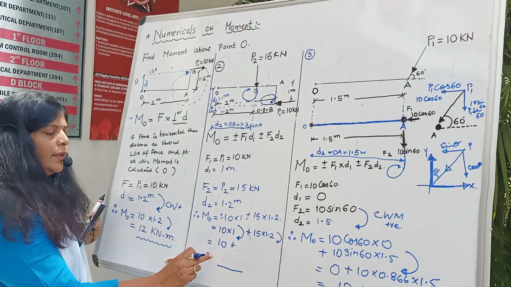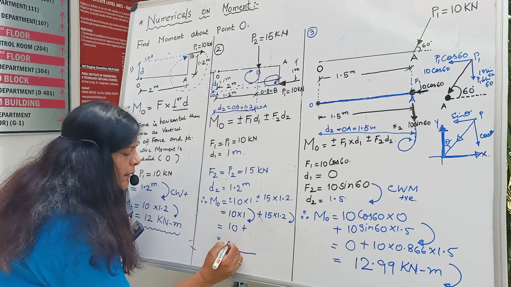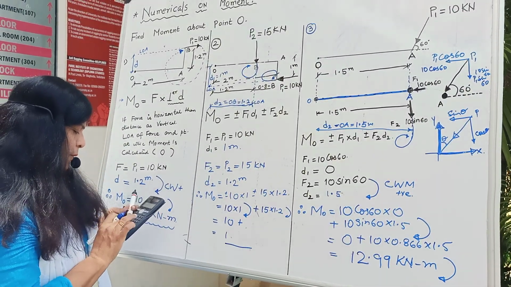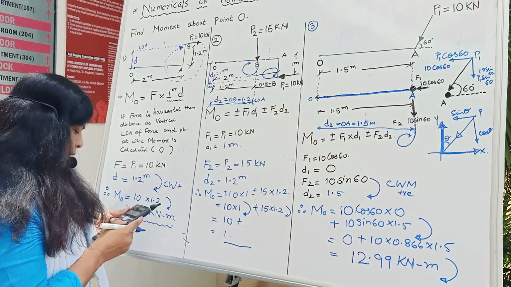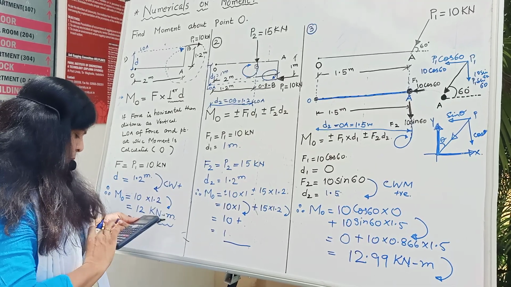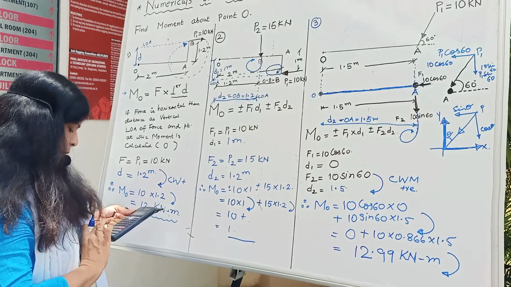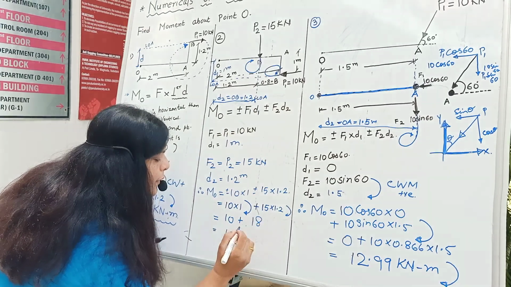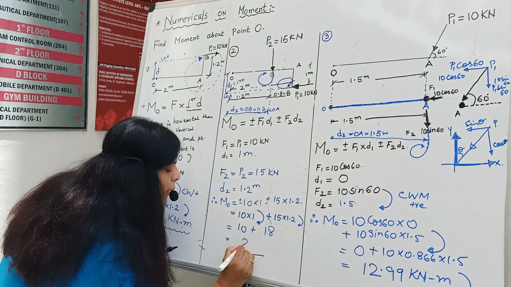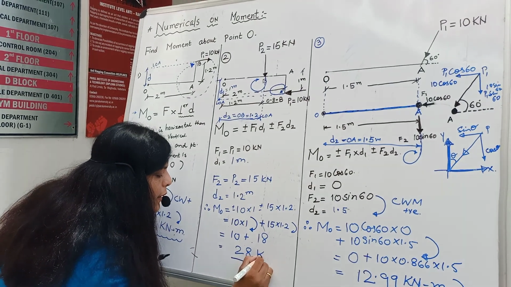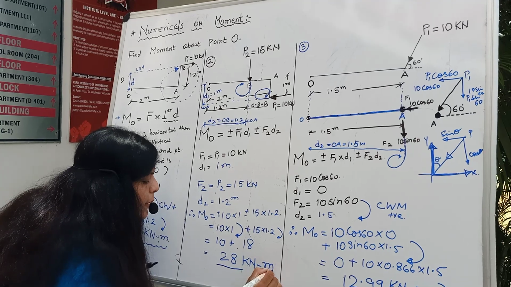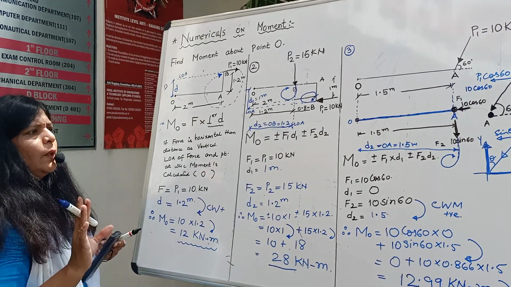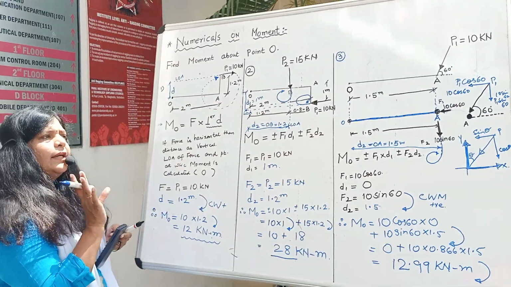Okay? In this case, it is 10 plus, what is 15 into 1.2? So 15 into 1.2 comes out to be 18. So we get 28 kilonewton meters. Okay? So this lecture is a very short lecture in which I have taken a typical case